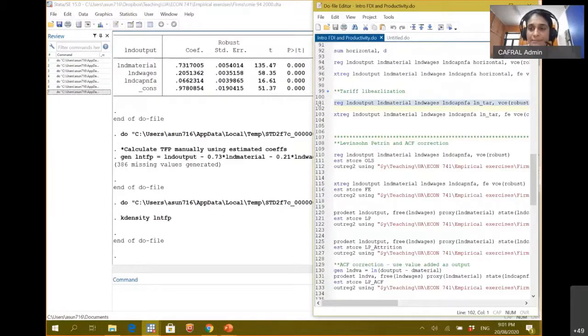Now, theoretically speaking, what is our expectation on the sign of the tariff? We would expect that with trade liberalization, if the tariffs go down,